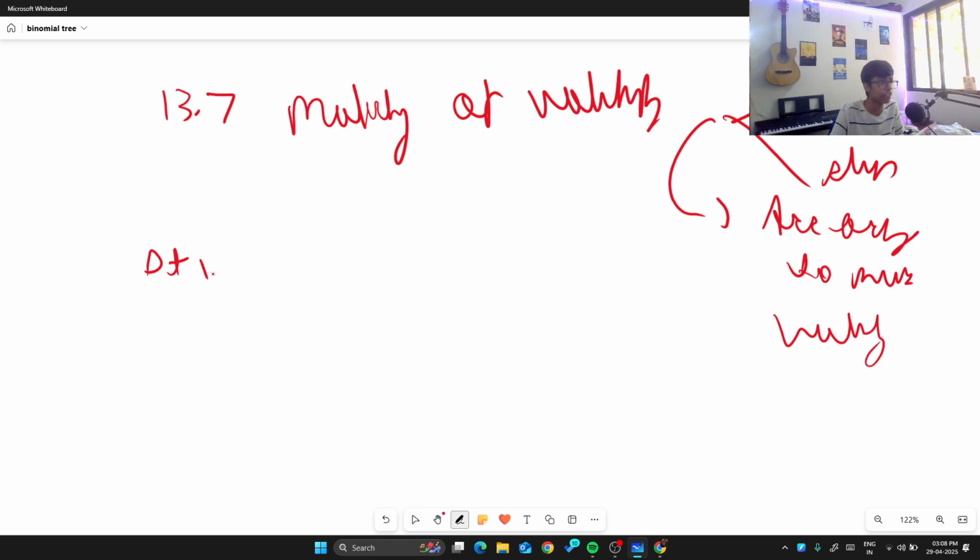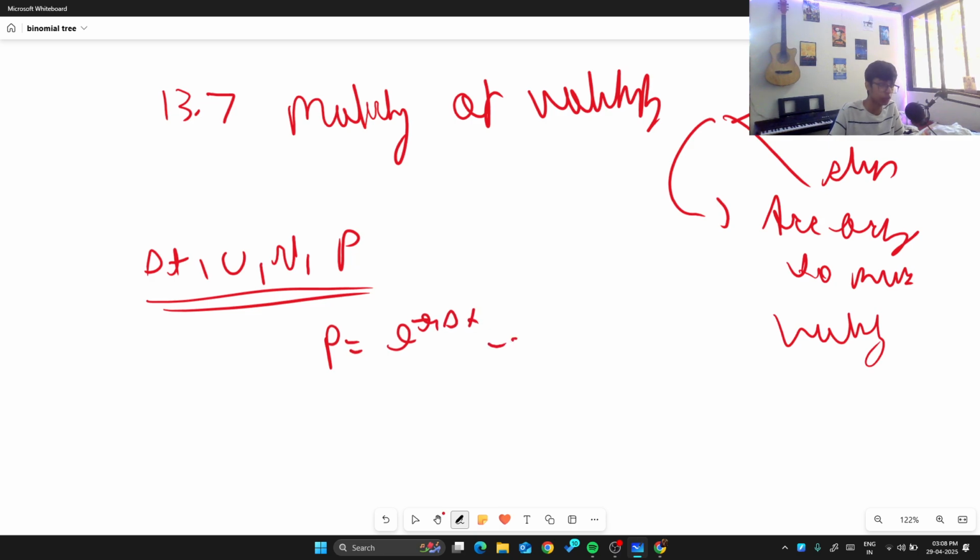Delta T and U and D and P, we all know P is the probability of up and down, and delta T. So our probability formula was this, right? So we want a delta value such that,